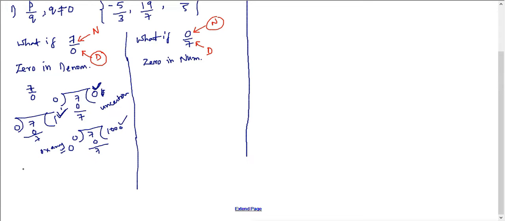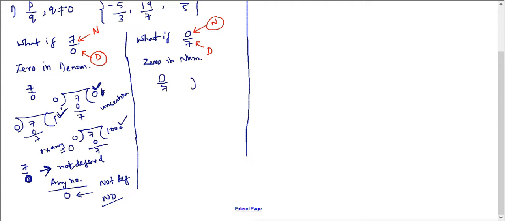So, it is this uncertainty which leads the value of 7 by 0 to be called the not defined condition. We also call it infinity, but we will learn about that in higher classes. For now, restrict yourself to saying that it is not defined. We cannot define it because it is not certain. It's not at all certain. Similarly, you write any number in the numerator, and once the denominator is 0, that's all. You should call it ND, not defined.